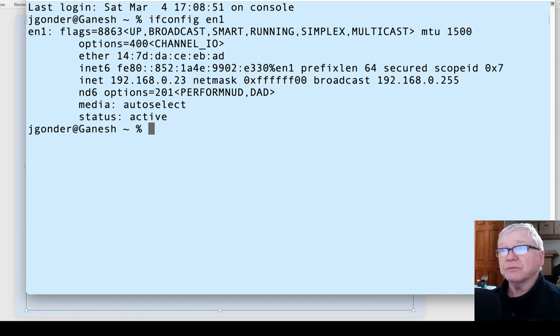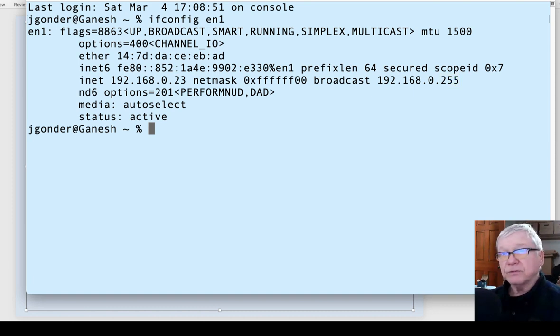That's 0x, which means what follows is hexadecimal. FFFFFF00, which corresponds to 255.255.255.0. All ones in the first 3 octets and all zeros in the last octet. And then, of course, that means the broadcast address would be what? The network number and all ones in the host field.